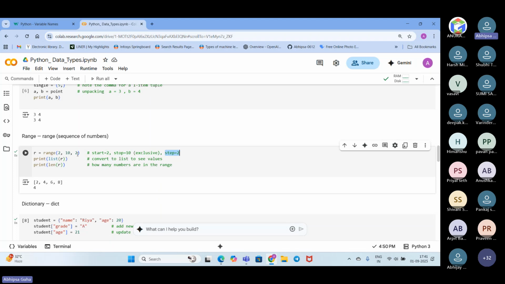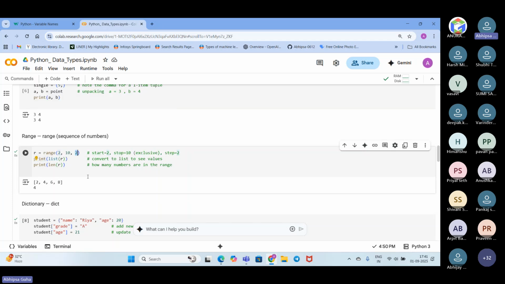It will be representing 2, 4, 6, 8, because it will start from 2 and end at 10, and in between it will consider the steps, one after the other. So 2, then 3 is omitted, 4 has been printed, 5 has been omitted, 6 has been printed, and 7 has been omitted, 8 has been printed. Till 10, in this format, we have printed it.